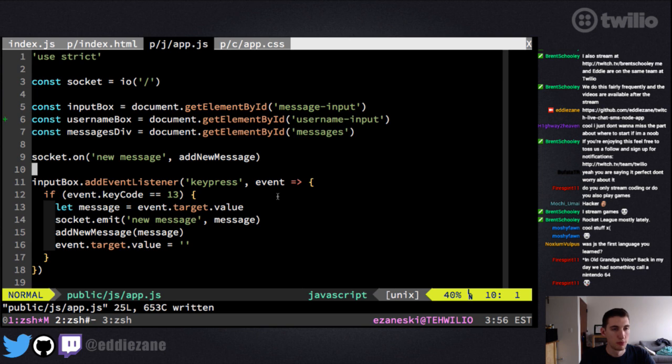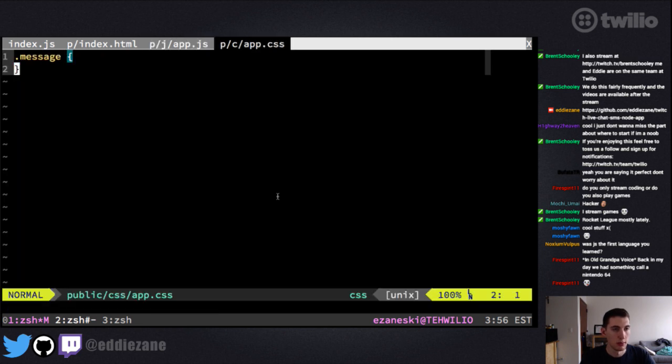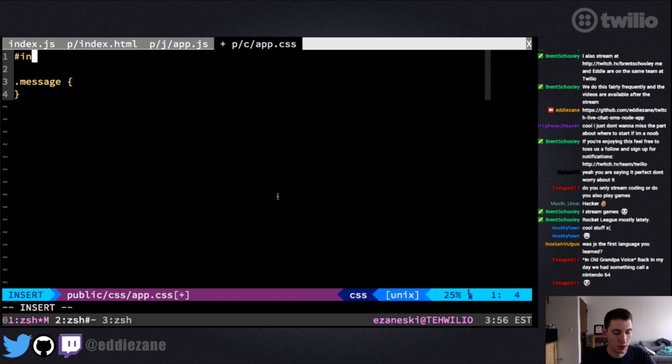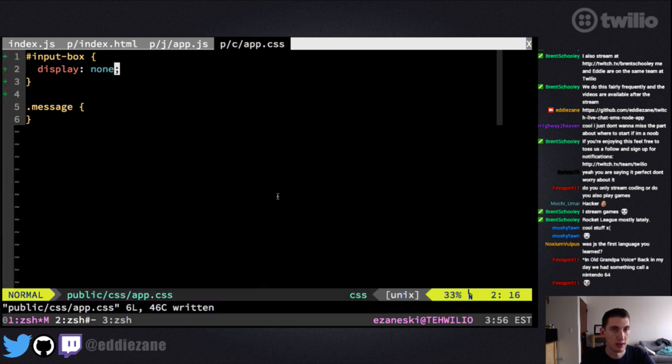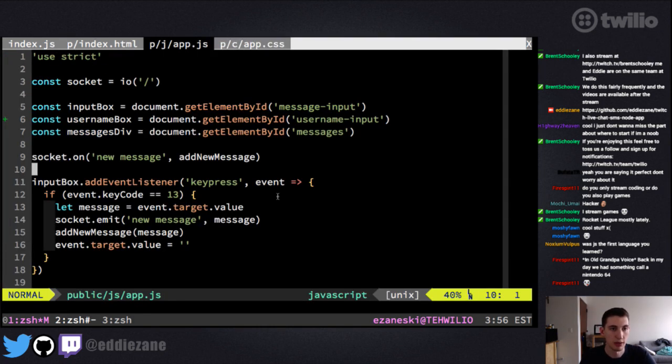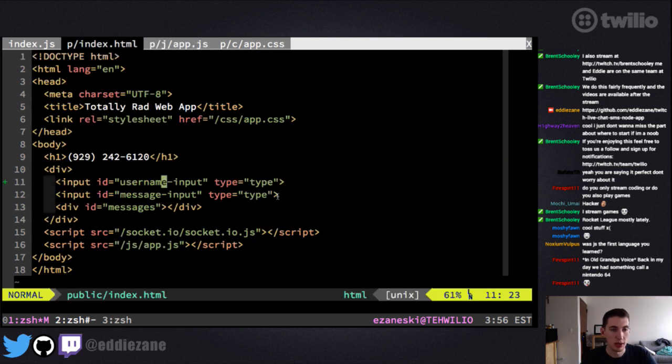So let's hide our input box by default. Let's do that up here. So we'll say input box will be display none. This is how we hide something in CSS. So our input box won't be there at first. And we'll need a username. So let's say placeholder on it